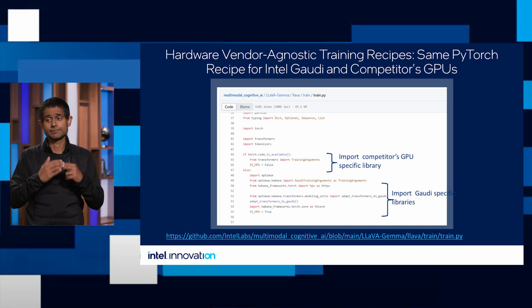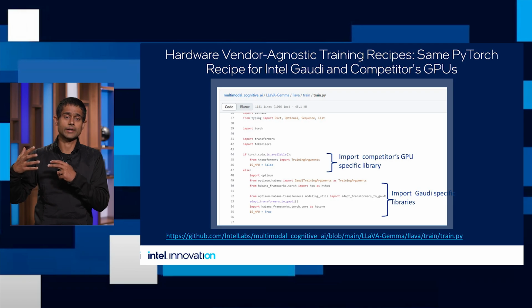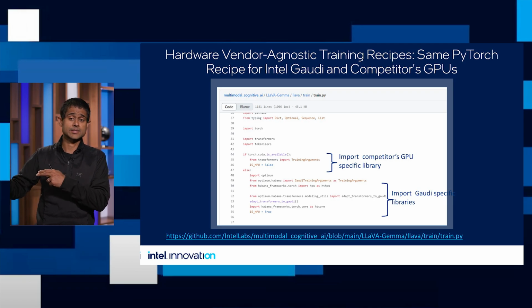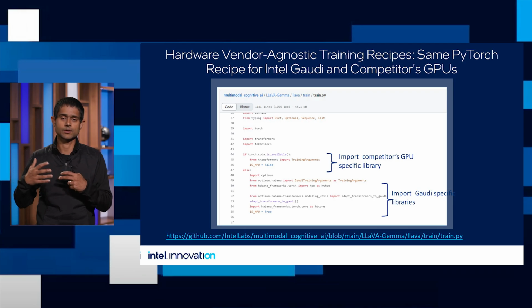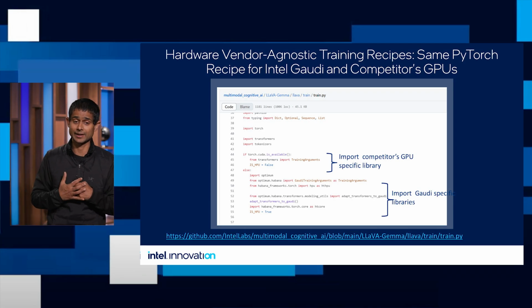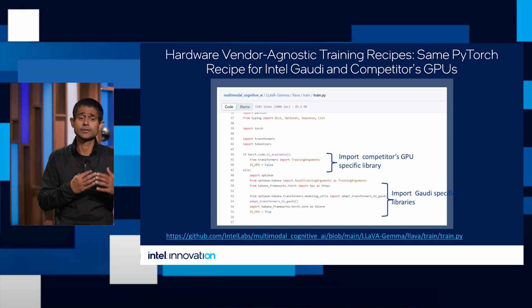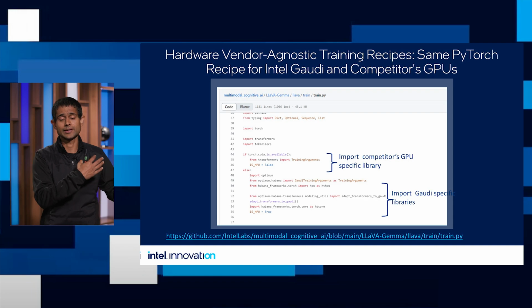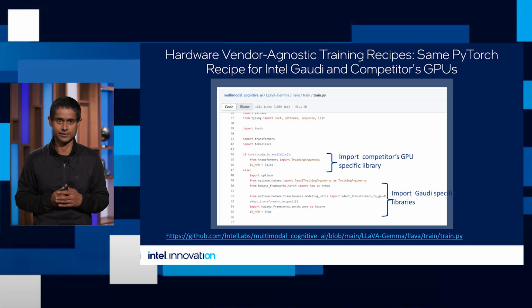If we detect CUDA, for example, then the source code will import NVIDIA specific libraries. If CUDA is not detected, then the source code will import Gaudi specific libraries, but the rest of the PyTorch code is identical. And this is how other teams and other enterprises can make hardware vendor agnostic training recipes.